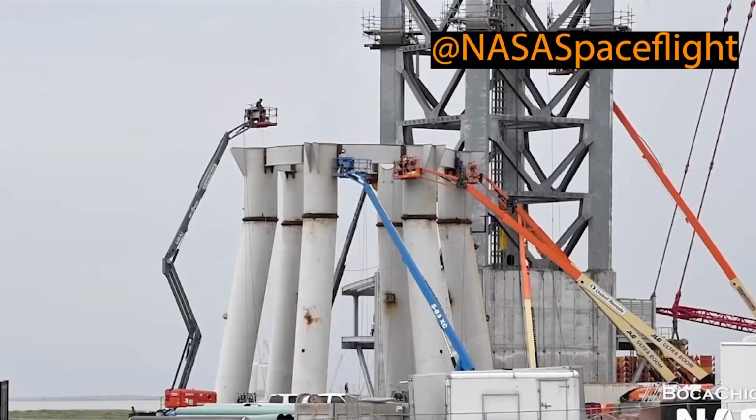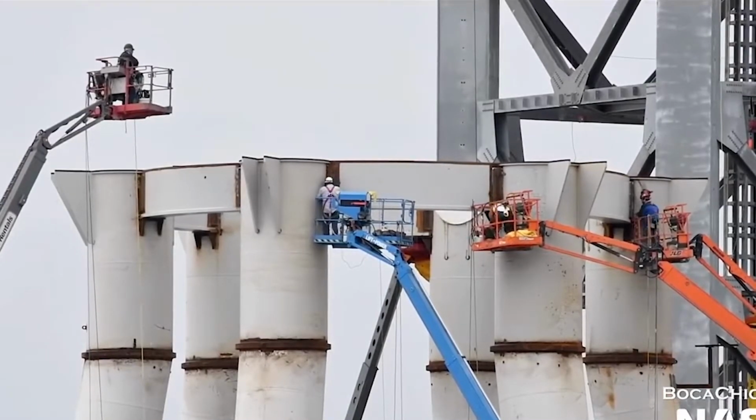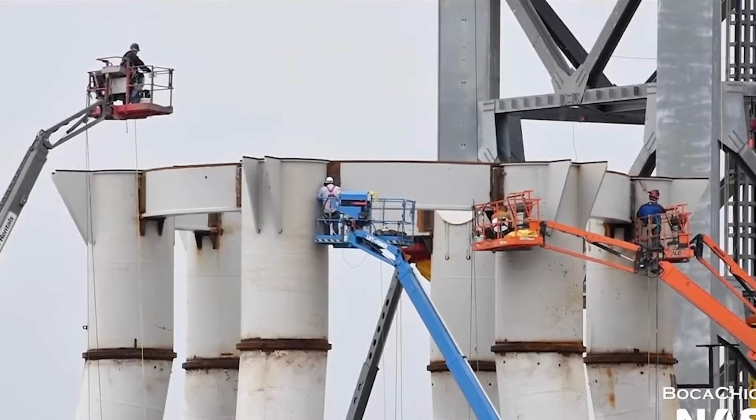The work on the Orbital Launch Mount continues, which will hold the orbital launch table and then a fully stacked Starship on top of it. So I'm actually not surprised by the sheer amount of welding that these workers have to do. After all, this thing will need to withstand an insane amount of stress laid onto its structure, so it makes sense. And to finish off today's news report, take a look at this